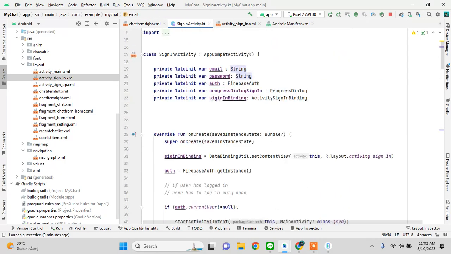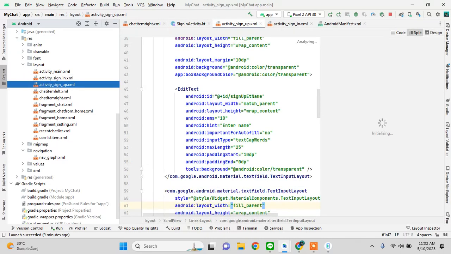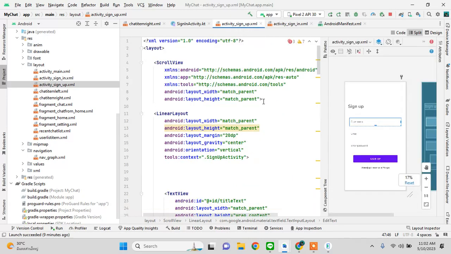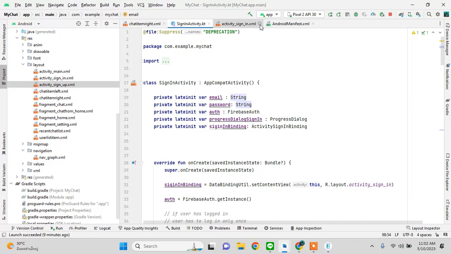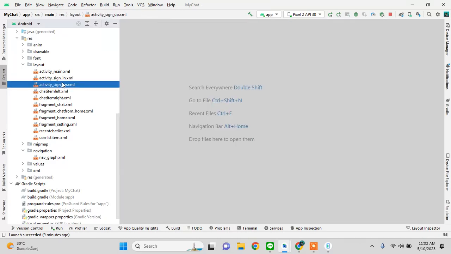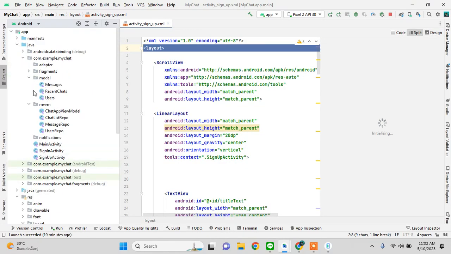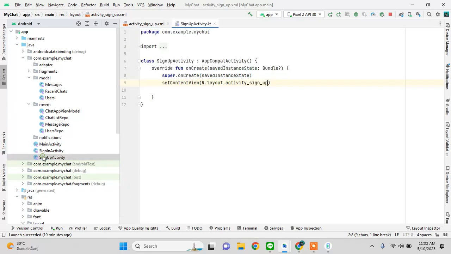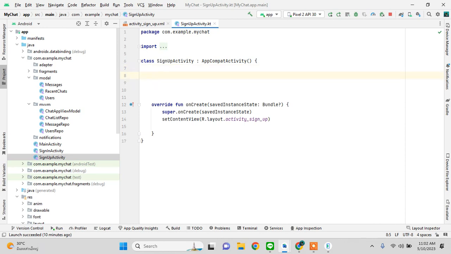Now we'll just simply come to our sign up activity. Here also we have taken the data binding approach, so we'll just close this, close this, close this. And by the end of this tutorial, hopefully we will be able to sign up some users. Okay, yeah, here. Okay, so let's just do